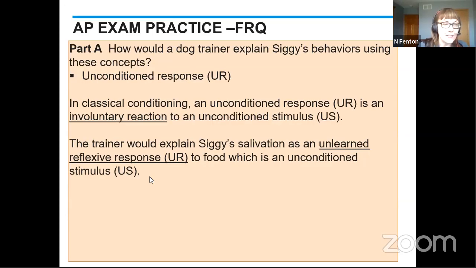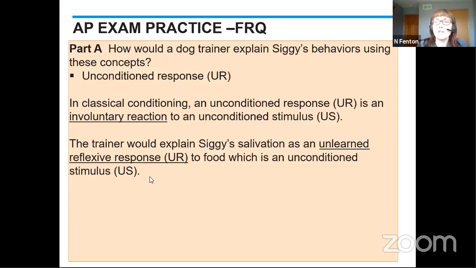You see I put a little space between the definition and the application. That definition is short and sweet, one sentence. The point of it is to make sure that everything that's an important part of a definition is also in that application. What's underlined in the first part is going to be underlined in the application. And again, you don't have to write a definition. You can just do the application, but your application must have all pieces of that definition in order to score.